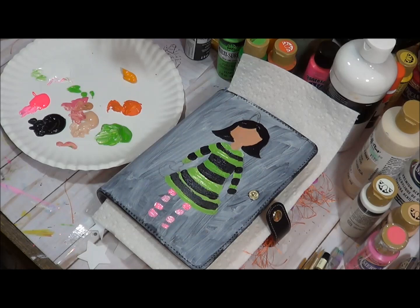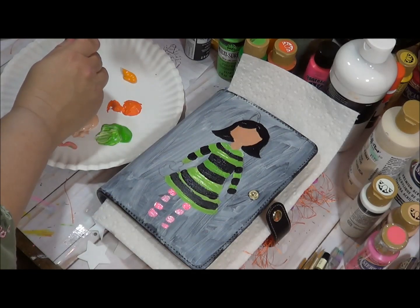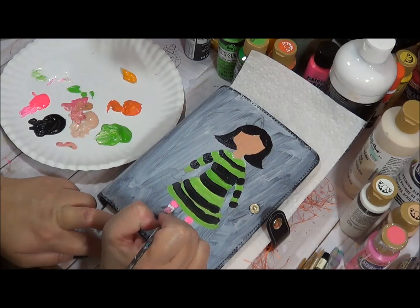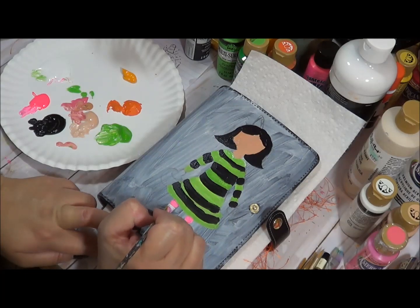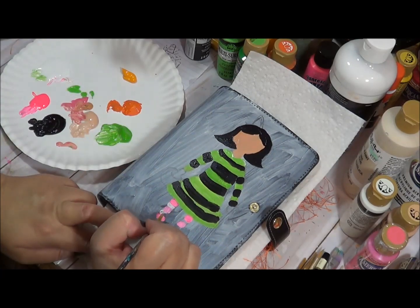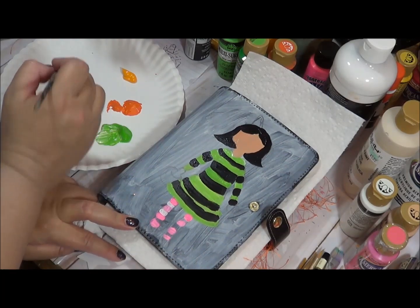what color should I do my combo tights with? I'm thinking white. Let's see what white looks like. Maybe I want to do a different funky color. No, I think I'll do white. That'll lighten it up a little bit here. And again, with this paint, I'm going to have to go back over a couple times probably, or at least another coat